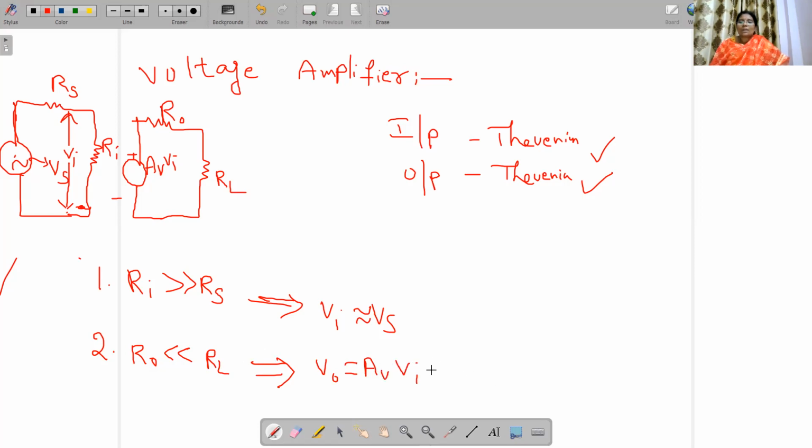For the input condition, all of you observe here, Vi is approximately equal to Av into Vs. Av into Vs, so here we have to represent the output voltage gain. What about the output voltage? Vo is approximately equal to Av into Vs. Now tell me, what is the voltage gain across this? That is nothing but Vo by Vi,